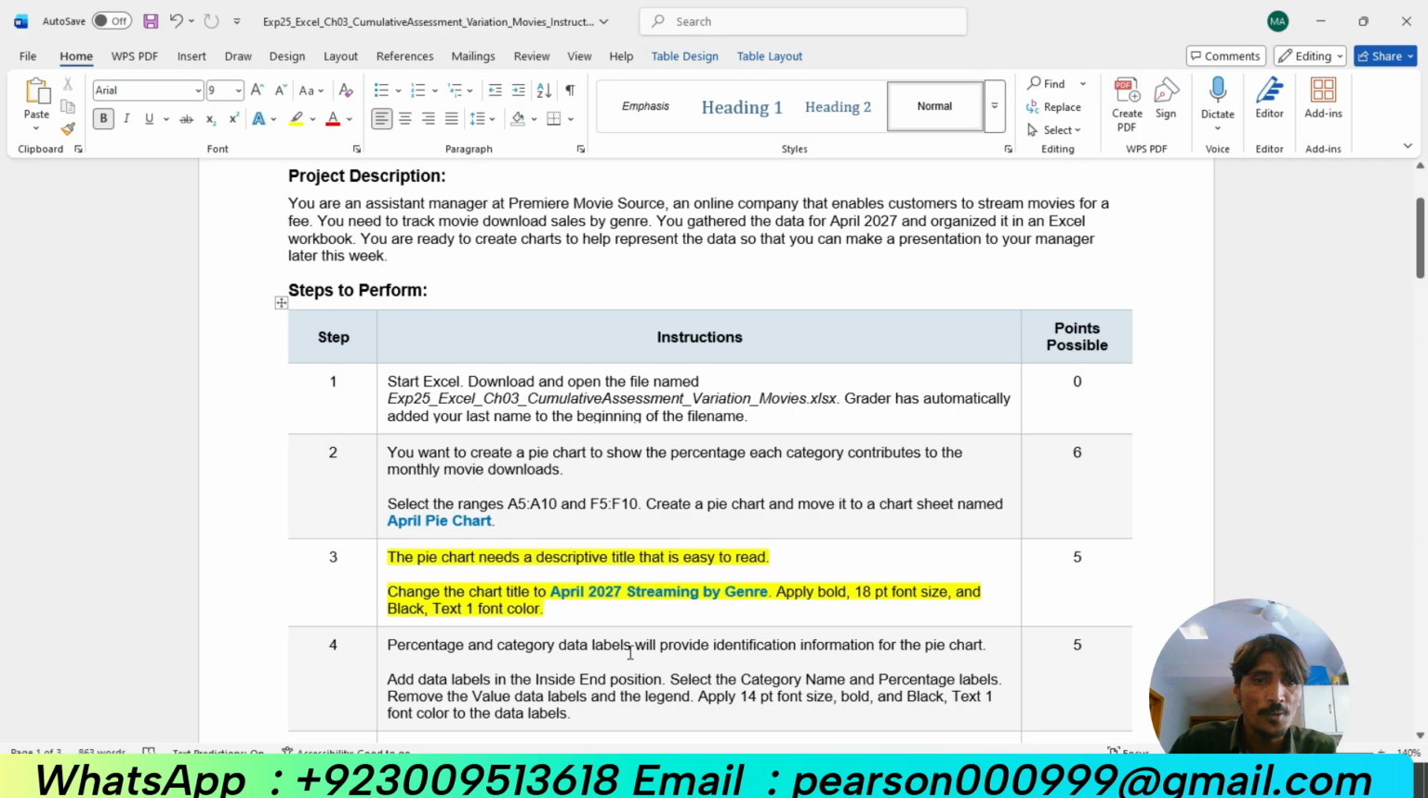Step number 3 I have in front of me, and that is the pie chart needs a descriptive title that is easy to read. Change the chart title to April 2027 streaming by genre. Apply bold 18-point font size and black text 1 font color. Basically, in step number 3, he wants to change the title, apply the bold, increase the font size and apply the black color. So move to the chart,